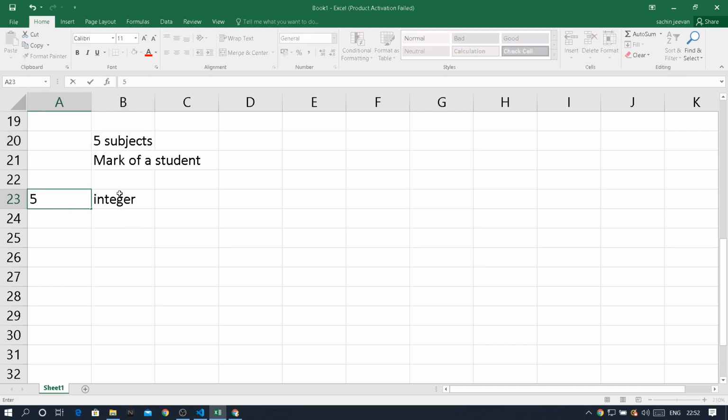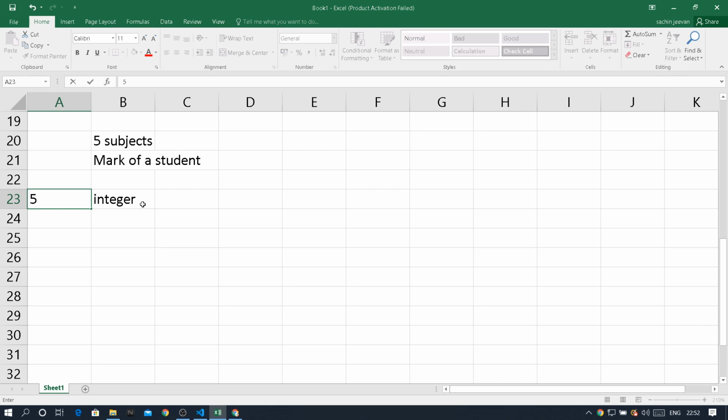When 5 integer values are there, you can cluster them together in an array, because all these 5 marks are of the same data type. But suppose you want to